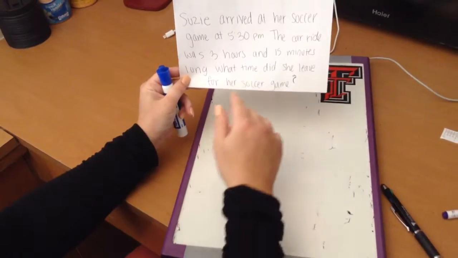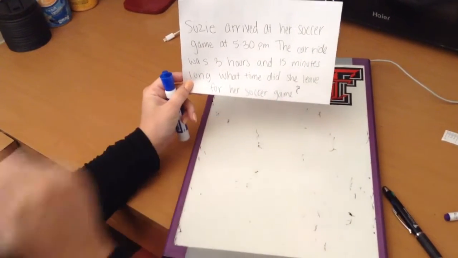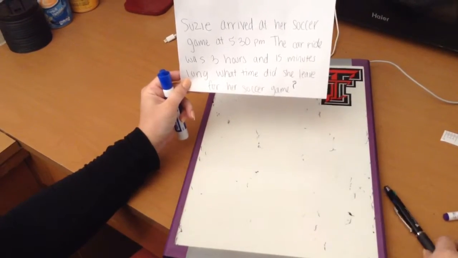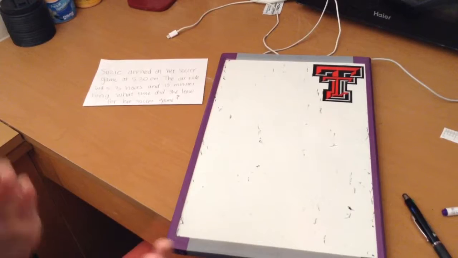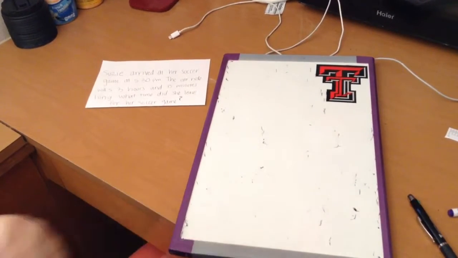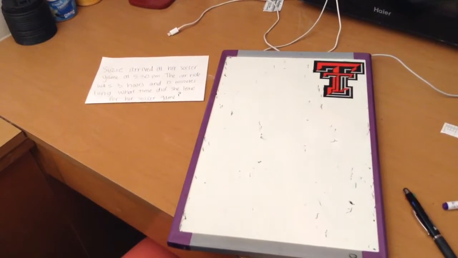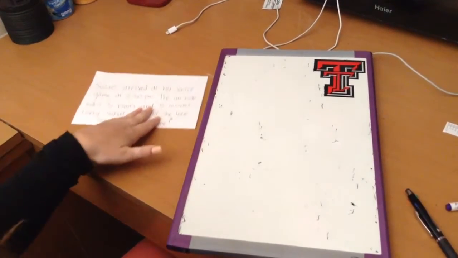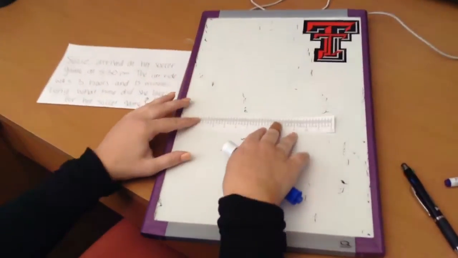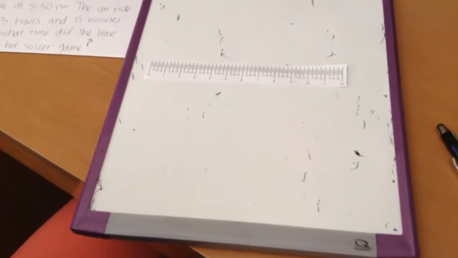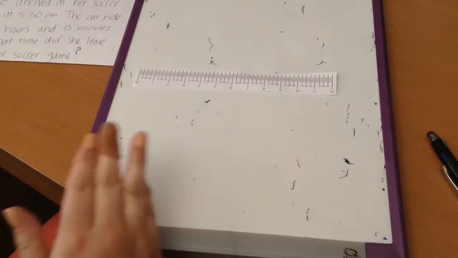And so for this one, we're actually going to be working backwards to figure out what time Susie left to get to her game. And so we did the Make 60 approach, so now I'm going to show you how to use a linear model, and we just use a timeline for this. And so I'm going to get out our timeline, and we already have a pre-made timeline, and as you can see, it has 12 and 12 because we have 2 12s in our day,